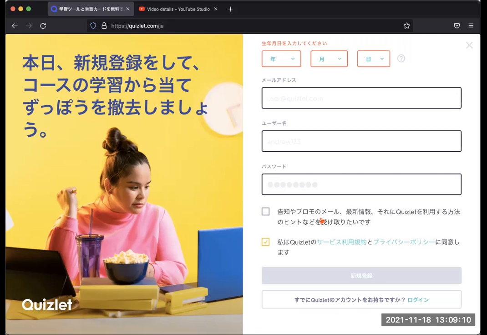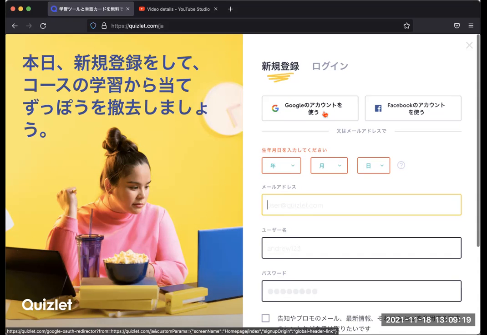And if you don't need it, then why get it? Okay, all you want to do is just use their software. So if you put in your email address, don't forget to check this. Otherwise, go straight through using Google. Okay, that's how you make a new account. And once you make the account, then you can do the games and you can do the studying with us. That's what we're going to do from now on.